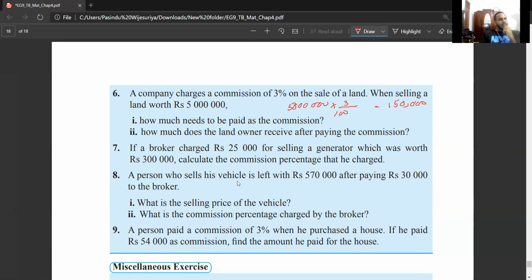When they are selling the land, a company charges 3%. In this situation, the person is the one who's selling, then the company is the one who's buying. Then it's pretty much this minus 150,000. Answer is